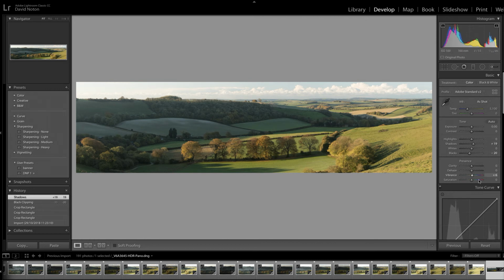And I'm going to add just a touch more vibrance in there, a little bit, not much, a teaspoonful. That looks pretty good. The sky needs some attention, of course, doesn't it? So let's see what I can do with that. So I'm going to use the grad tool here